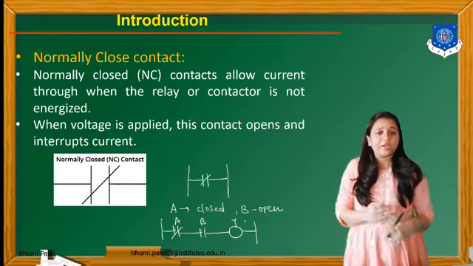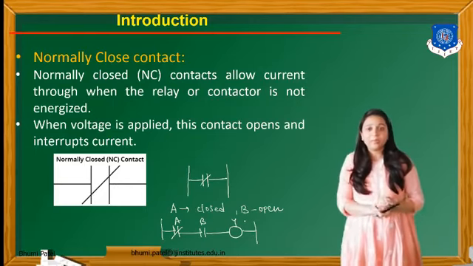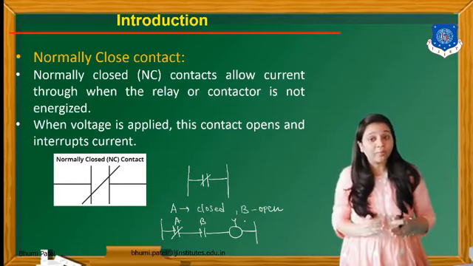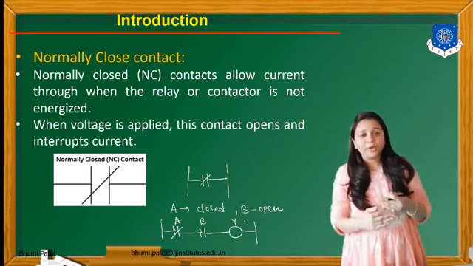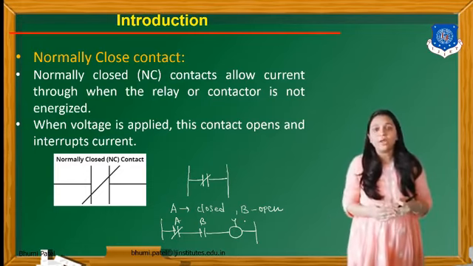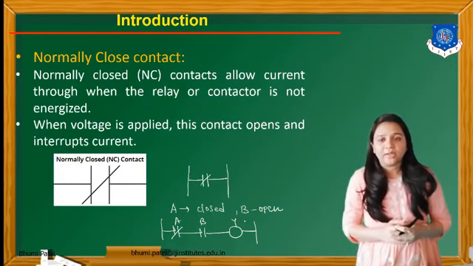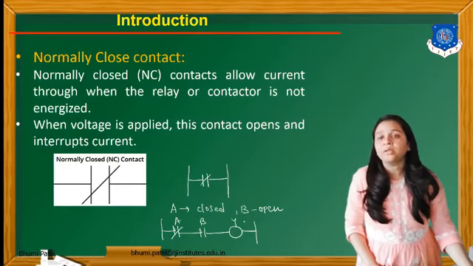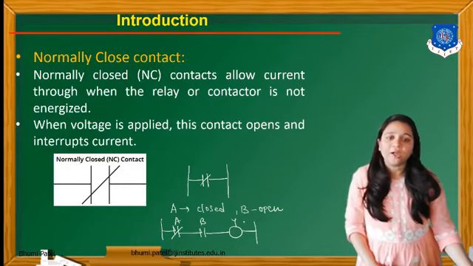For this particular plant or system, they will specify that some inputs will be normally closed during the performance, or some inputs will be open during the ladder logic system. So this is the concept behind the normally open and normally closed contact.